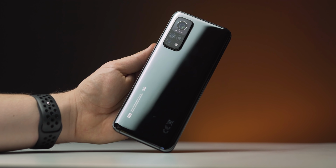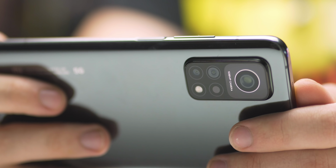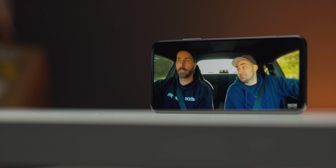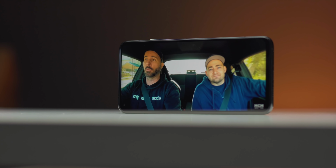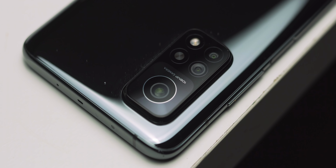So it's a little odd because there are some super high-end features like a 108 megapixel camera and 144Hz display, but the supplementary cameras have been cut out or cut down from a premium flagship, and the display is an IPS LCD instead of a more expensive OLED. What this results in is a device that in the real world excels in areas like the camera and the display and the performance, but that doesn't go overboard and doesn't push it right to the limit, which would increase the cost naturally. And you wouldn't know that you're using a slightly cut down phone if you didn't know the